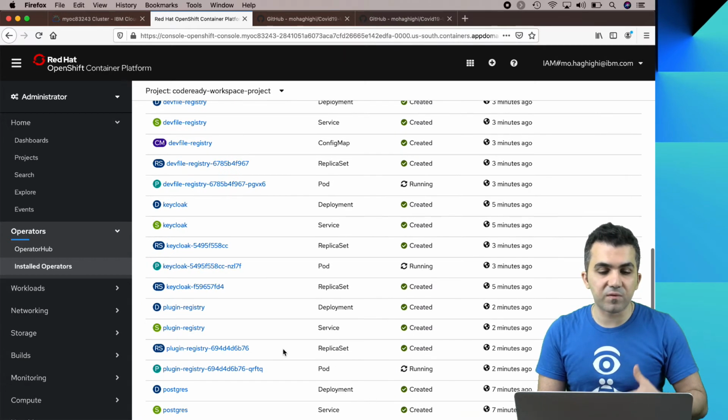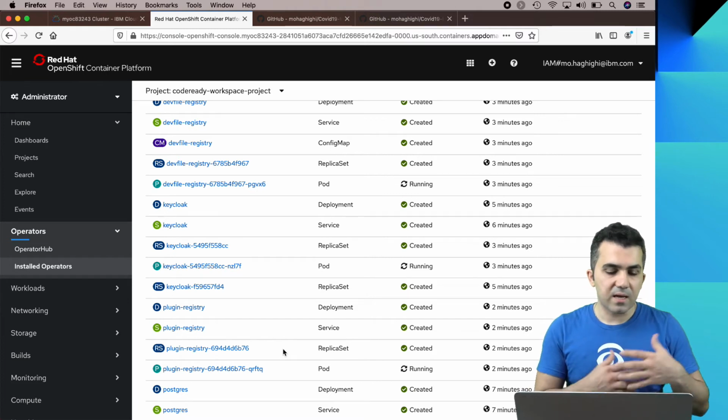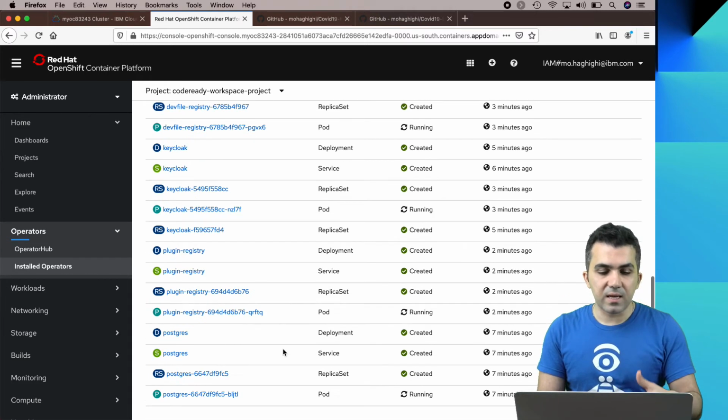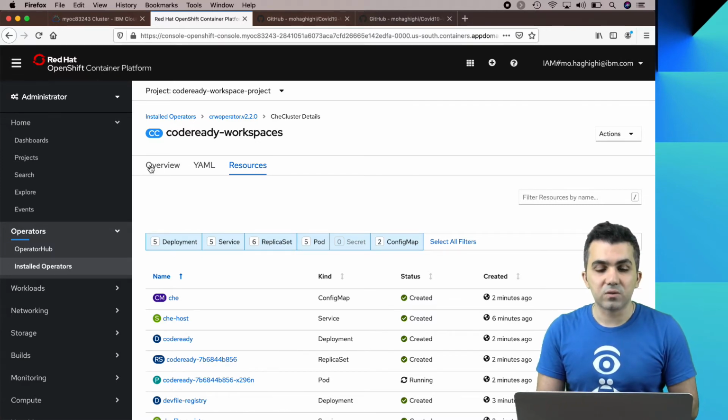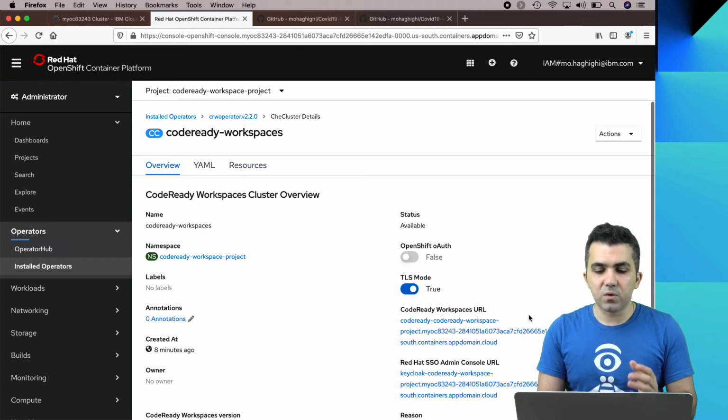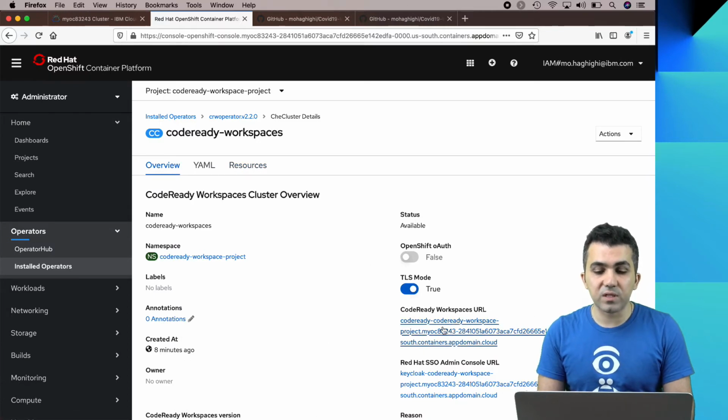As you can see here, we've got Keycloak, which is for logging and authentication purposes. Lots of other resources basically. So that's the reason that it takes a little bit of time for your CodeReady Workspaces to become available. So now we can go ahead and use this URL. We need this one rather than the other one. So use the CodeReady Workspaces URL